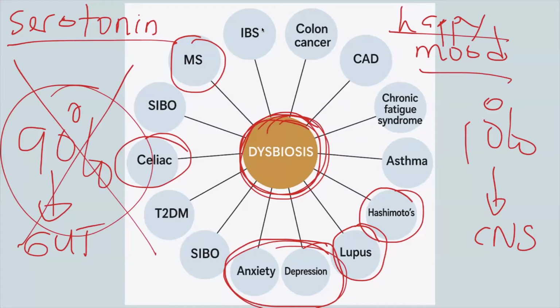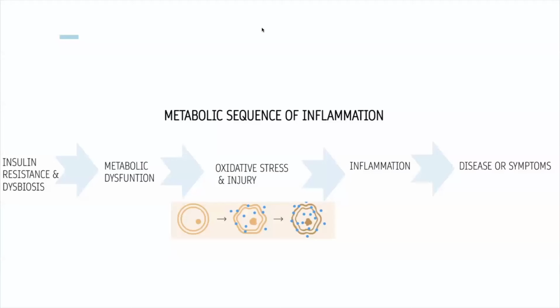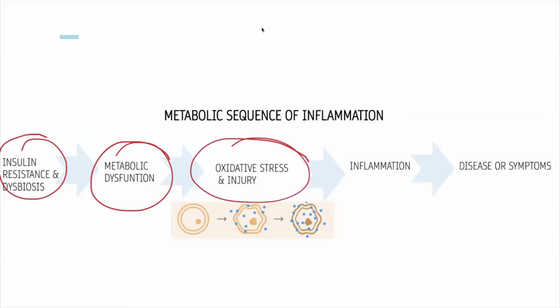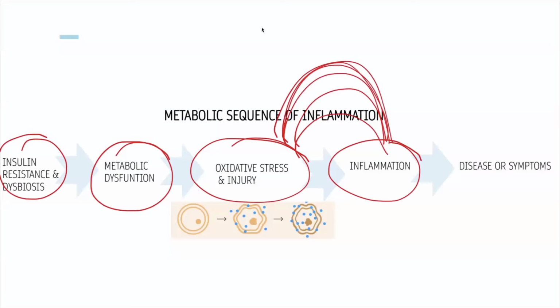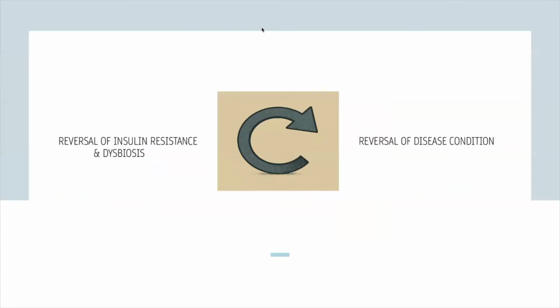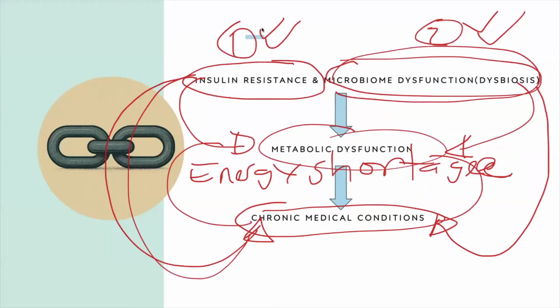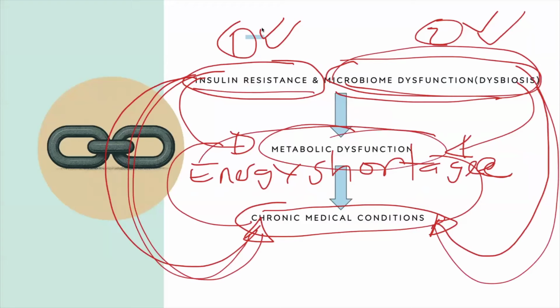So huge, huge, huge. This slide here is a slide that I call the metabolic sequence of inflammation that shows that insulin resistance results in energy shortage, that results in injury to the cell, that turns on the immune system and causes the immune system to be chronically turned on, that is at the heart of the symptoms and diseases that we face. Now, as much as there is evidence that these two entities, insulin resistance and dysbiosis, have a direct link to the chronic illnesses by causing this energy shortage,